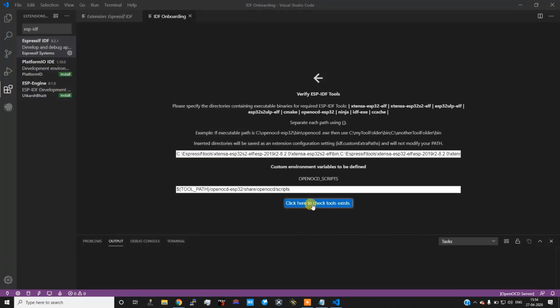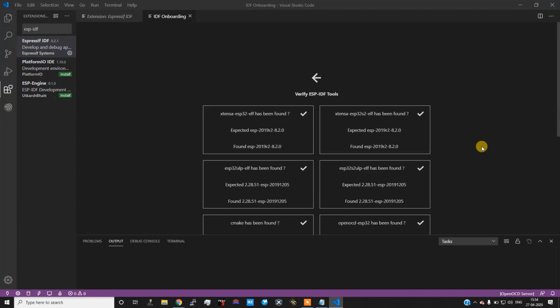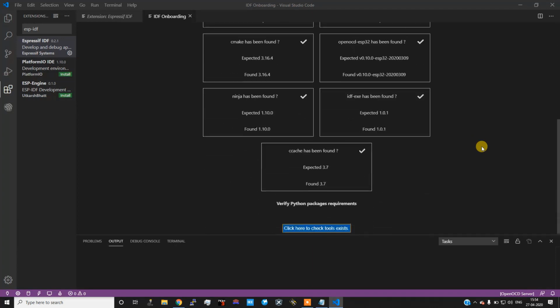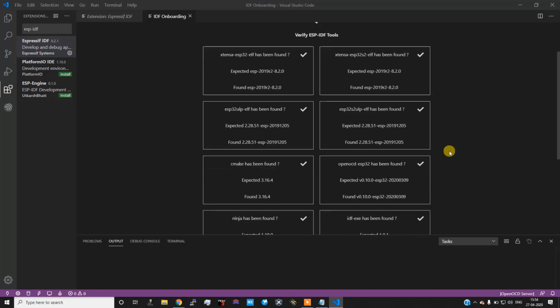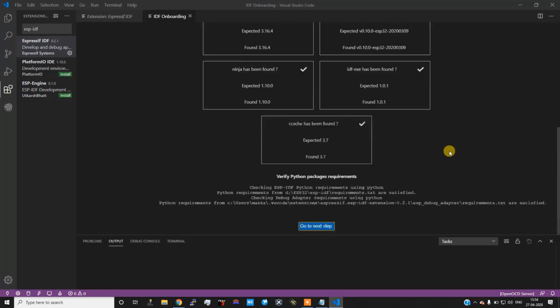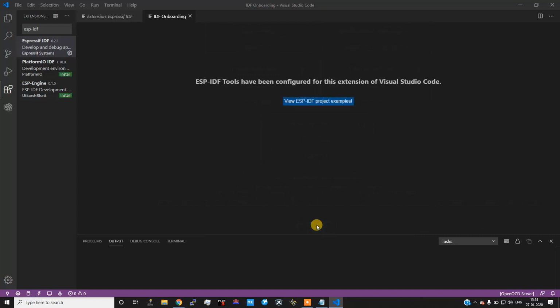Now click to proceed. That's cool, ESP-IDF tool has been successfully configured for this extension of Visual Studio Code.